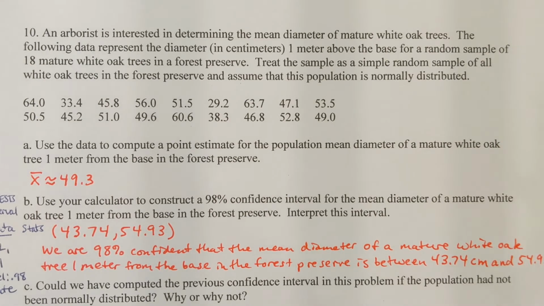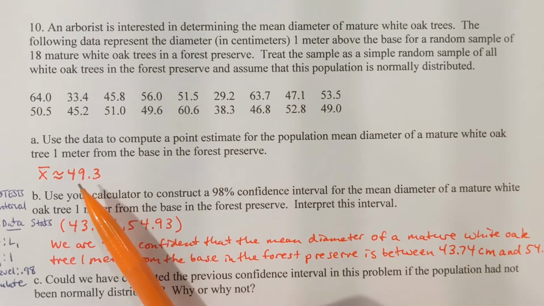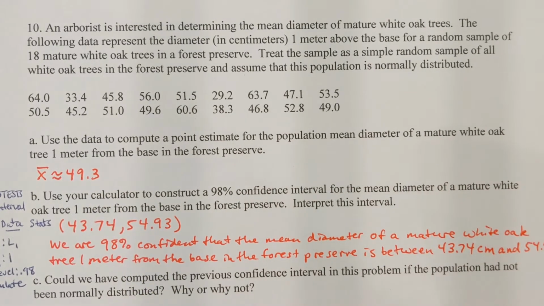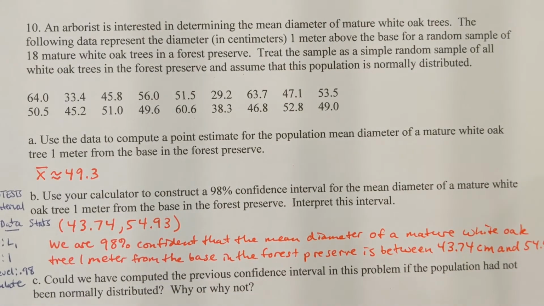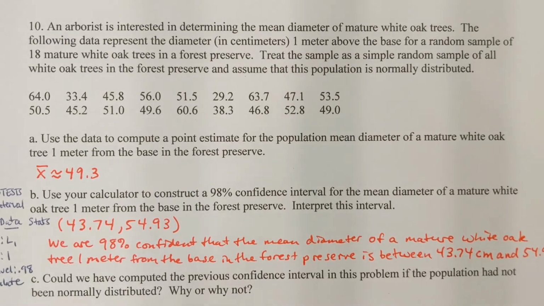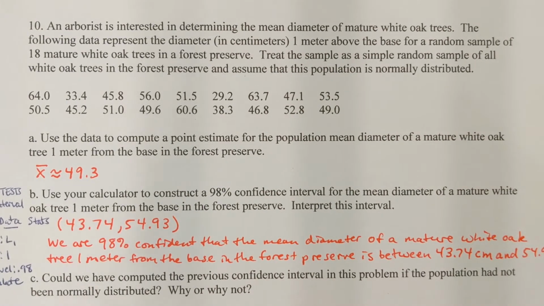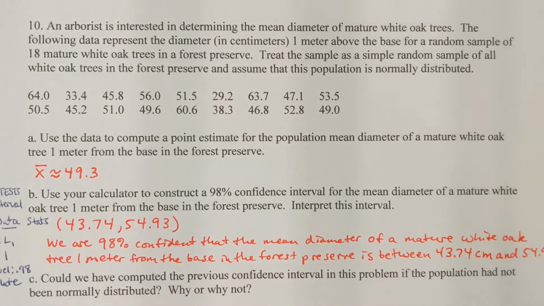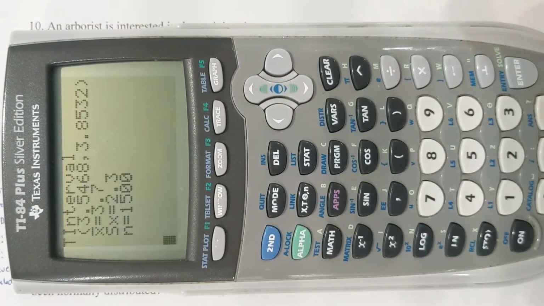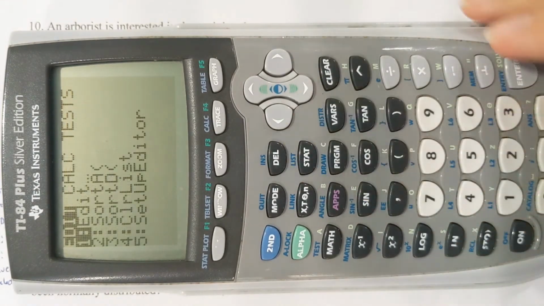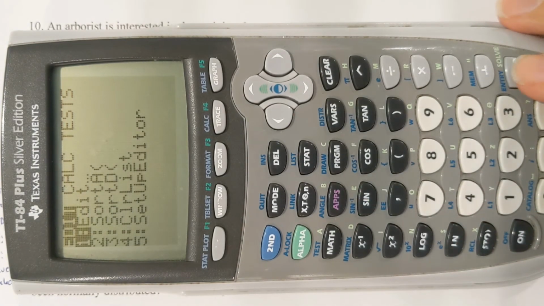Of course, you could add up all 18 numbers and divide by the total to get the mean here. It's roughly 49.3 centimeters would be the average diameter here. Another way that you could get this is you could use the lists. I'm going to be using the list here in just a moment for the next calculation, but I've already got